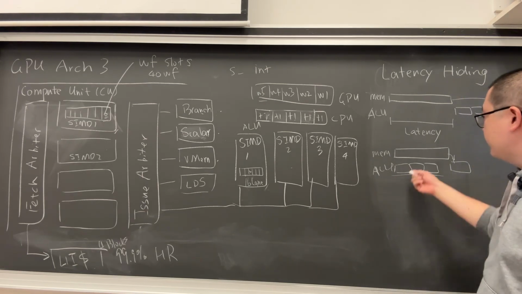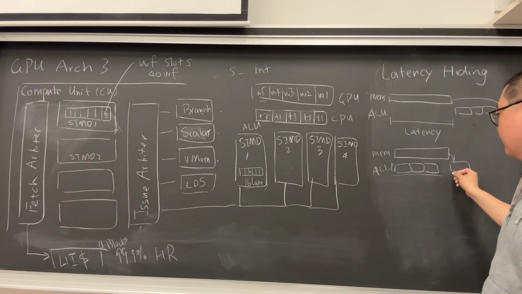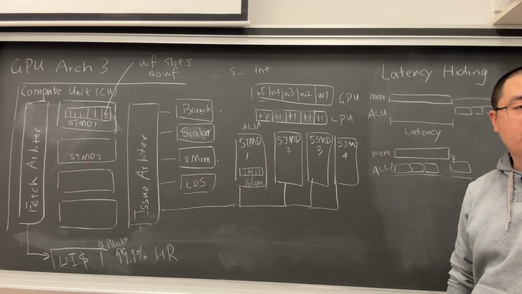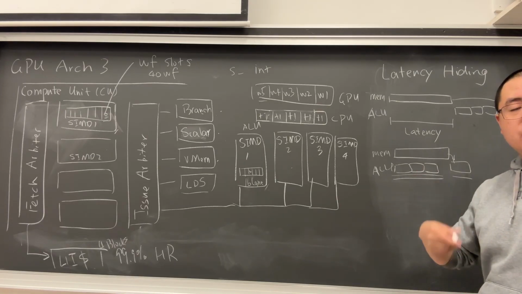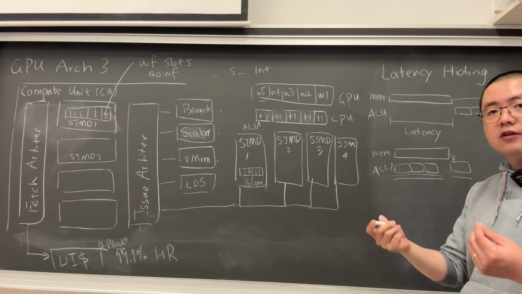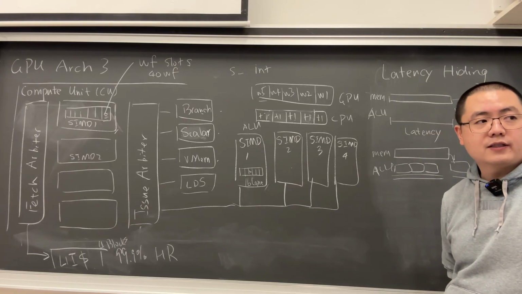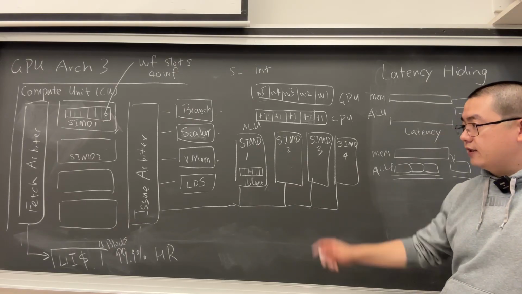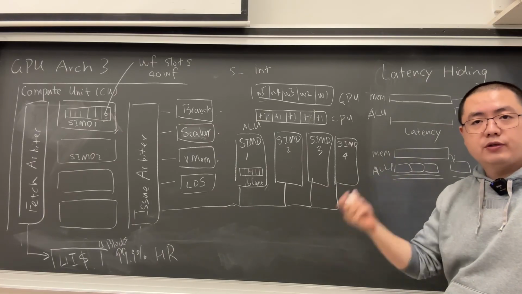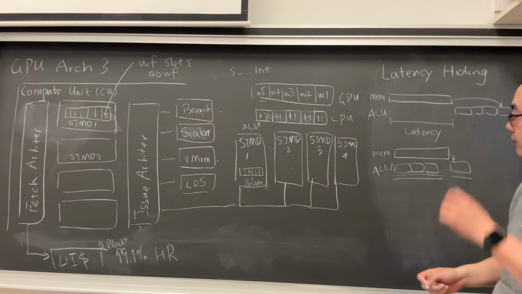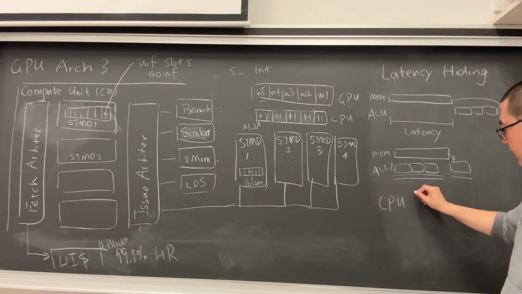So when this memory returns, maybe we can already start to execute our program or instruction. Then for the rest of the time, we don't let the ALU stay idle, but we're letting the ALU run something useful. Okay, so this is latency hiding, and the idea of CPU latency hiding and GPU latency hiding is totally different. So CPU mainly relies on instruction